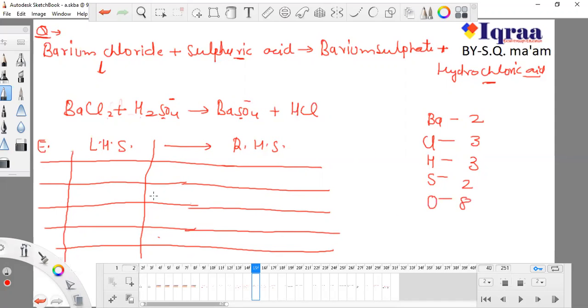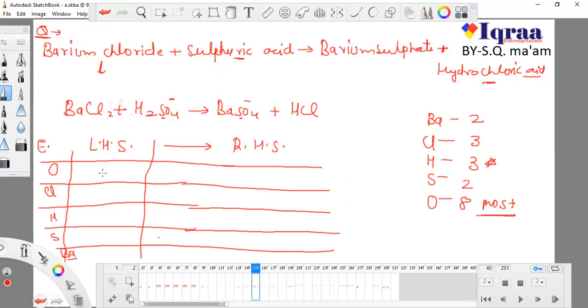So let's start with oxygen first of all. After that you can start with anything, but it is better if you start with hydrogen. First of all, start with the element whose number of atoms is highest. You have to pick them, and after that you can start with anything, but it will be good if you start with hydrogen. It will be easier and more convenient. Oxygen, chlorine, hydrogen, sulfur, and finally I'm taking Ba.